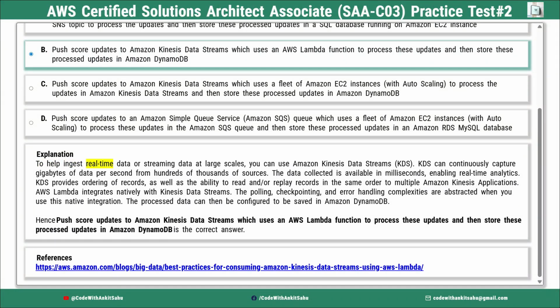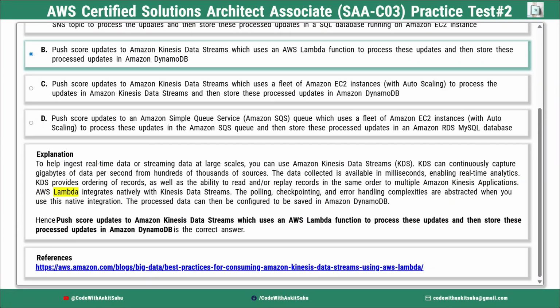Explanation: to help ingest real-time data or streaming data at large scales, you can use Amazon Kinesis data streams, KDS. KDS can continuously capture gigabytes of data per second from hundreds of thousands of sources. The data collected is available in milliseconds, enabling real-time analytics. KDS provides ordering of records, as well as the ability to read and/or replay records in the same order to